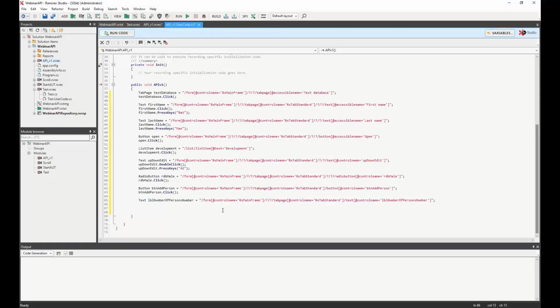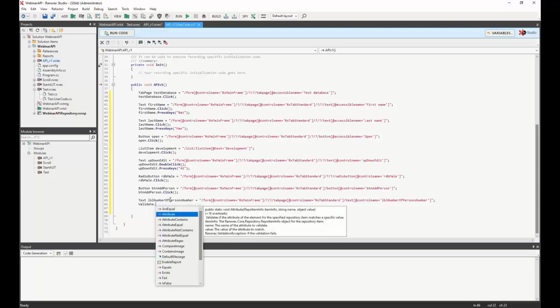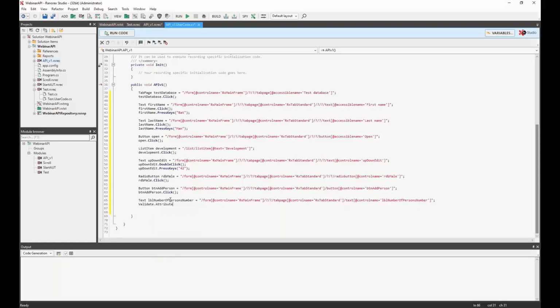the LBD number is the object we're gonna validate. So we'll start off by typing validate, and we're gonna target an attribute of this object. So we'll click attribute. Now we have 16 different overloads for this method. We're really just going to target that first one where it's going to be string name and object value. So string name will be the attribute we want to target, and object value will be the value that attribute holds. So first is our item info, our repo item info, and that is label